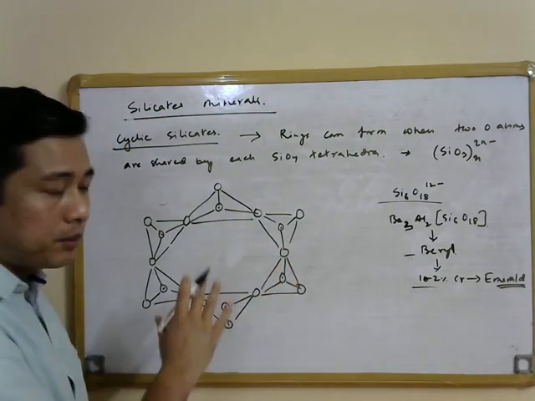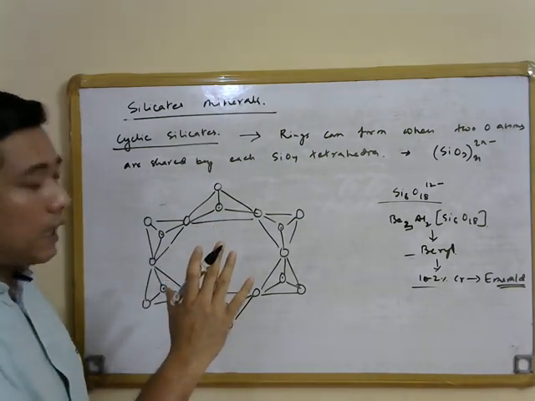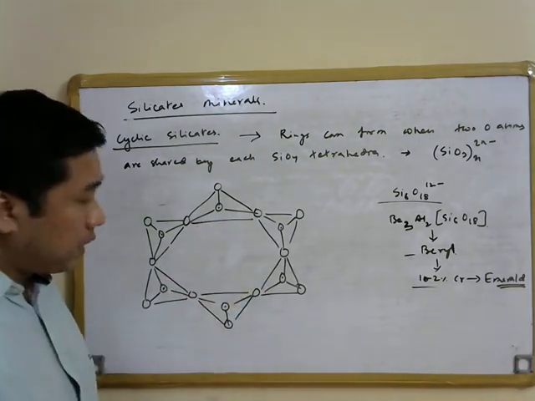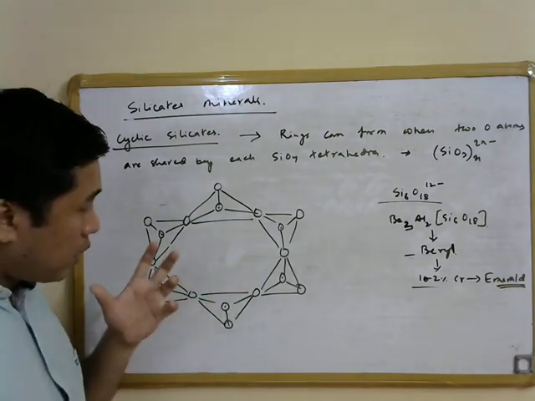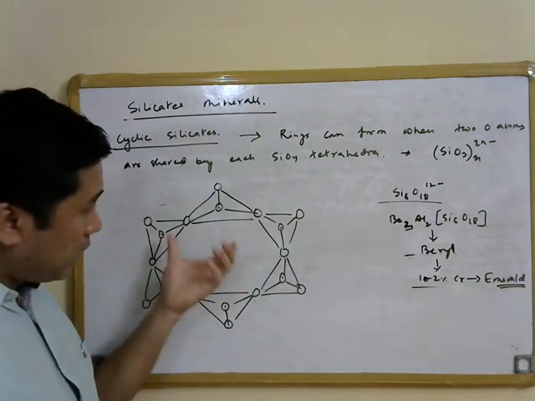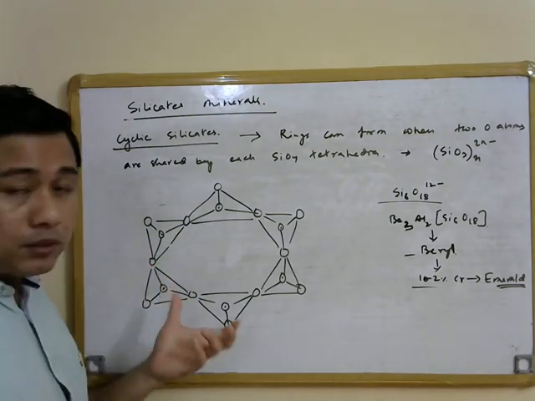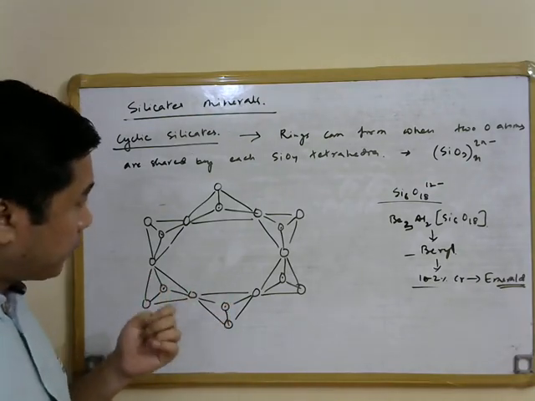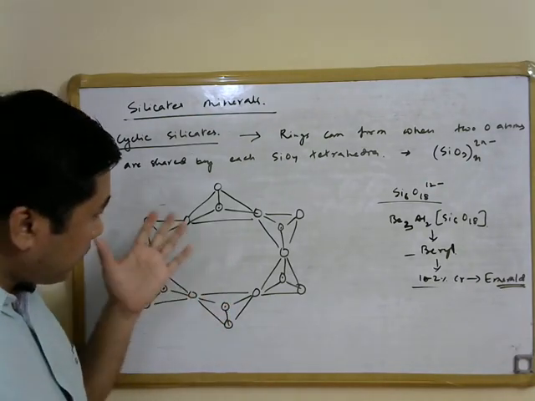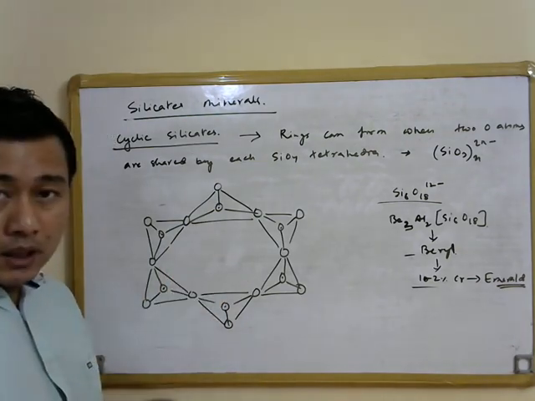So these hexagonal channels are present in beryl, and in these hexagonal channels different metal ions can be accommodated. Different types of metal ions reside within the channel itself, and also because of this